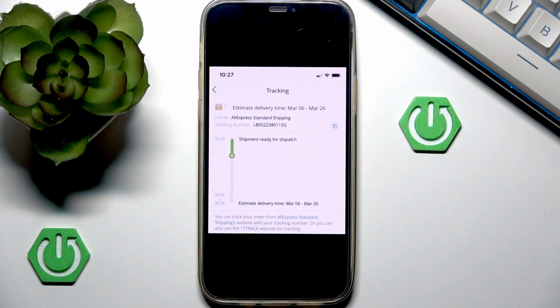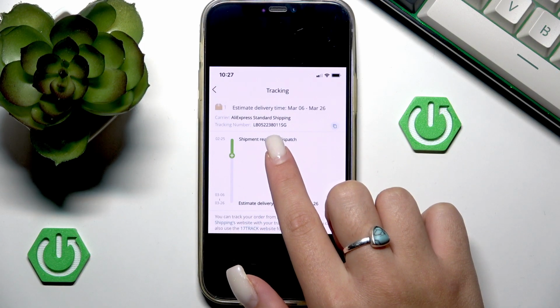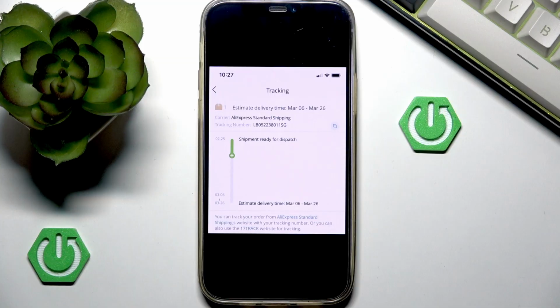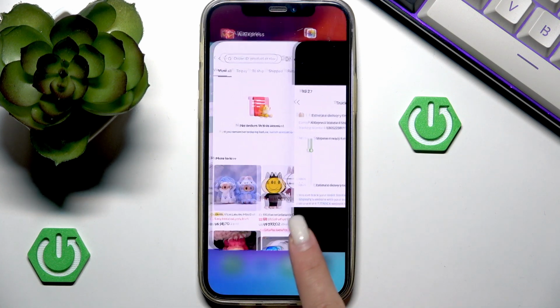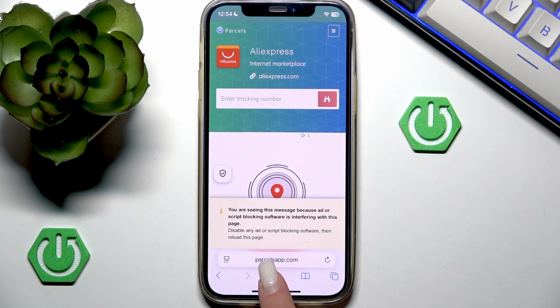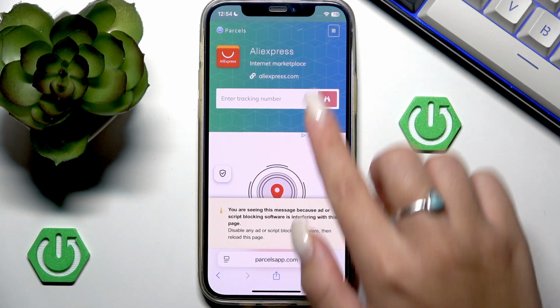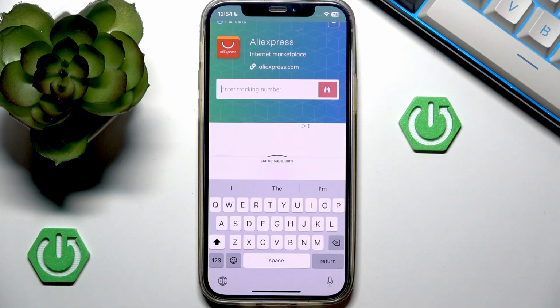But for example, if you don't want to use just the AliExpress application, you can copy your tracking number right here. You can use this function to just copy your tracking number instead of manually typing it in the field, and go to a universal tracking website. AliExpress, for example, suggests that I use this website that is called 17track, but personally I prefer the website that is called Parcel.com. Here enter your tracking number, then tap this icon and it will pull all information from